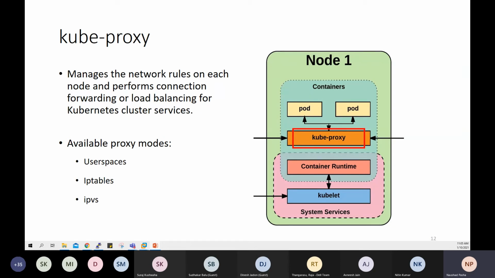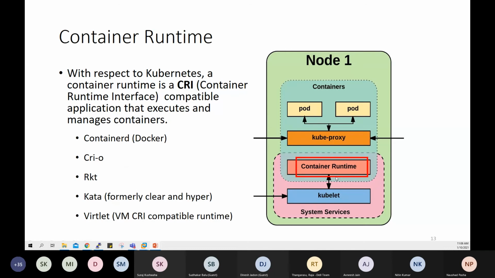So kube proxy, which is one of the worker node components in Kubernetes, provides the load balancing capability. And kube proxy can operate in user space mode, IP tables mode, and IPVS mode. The default happens to be either IP tables or IPVS. If your server supports IPVS, it is IPVS. Otherwise, it is just IP tables.